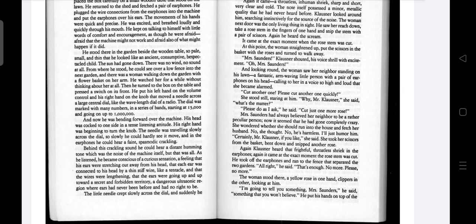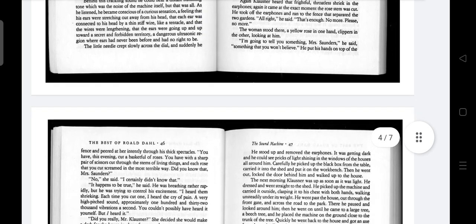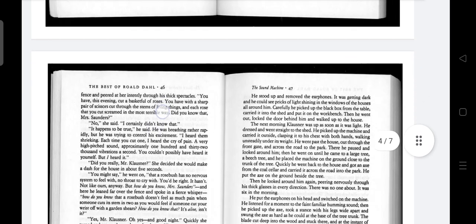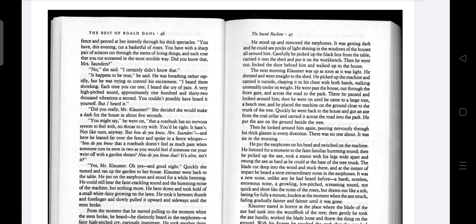The woman stood there, a yellow rose in one hand, clippers in the other, looking at him. "I am going to tell you something, Mrs. Saunders," he said. "Something that you won't believe." He put his hands on top of the fence and peered at her intently through his thick spectacles.